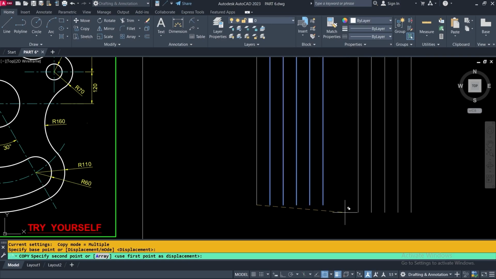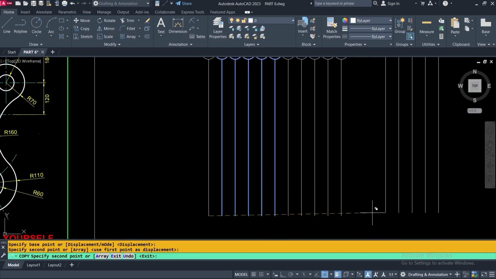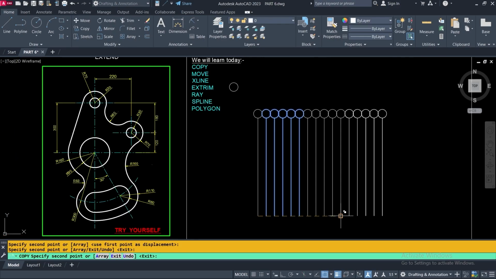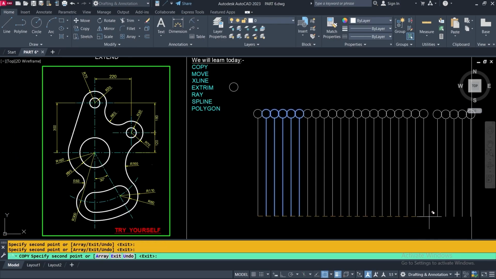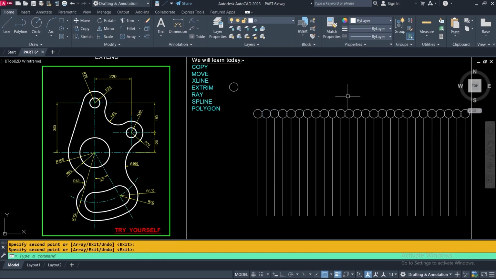Now moving to the right hand side, and here I am taking the point, click. Here I am taking the point, click. Here I am taking the point, click. So in this way I have got many copies of the set of the objects,